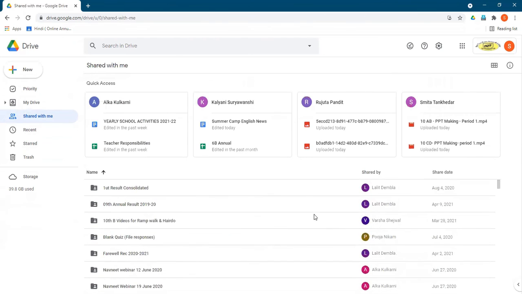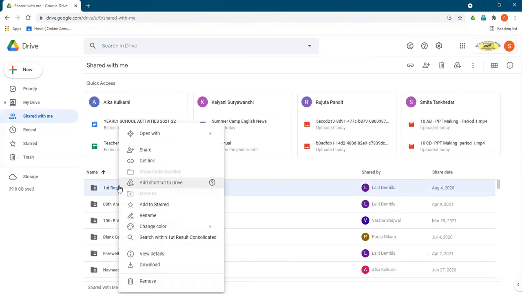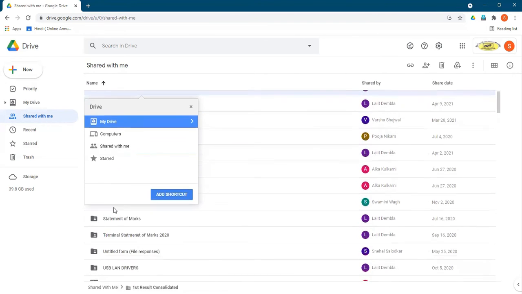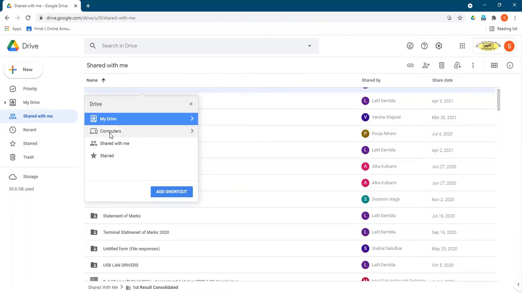Now Lalit sir has shared this first folder with me. I want this folder to be kept in the folder that we just created, the test folder. So I right click on this and click on Add shortcut to Drive. Now I want to move this to My Drive, so I click here.